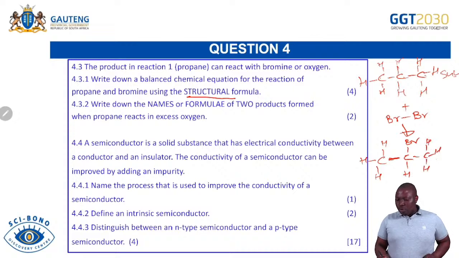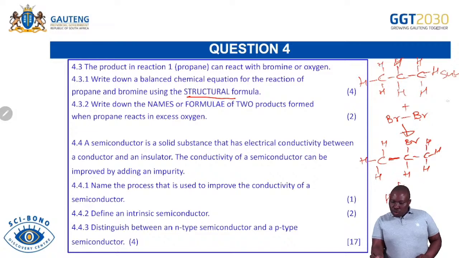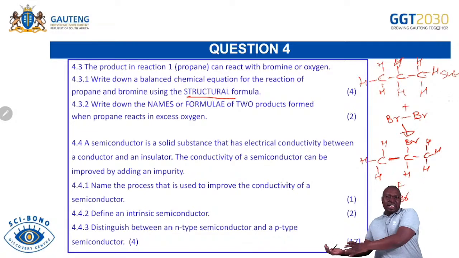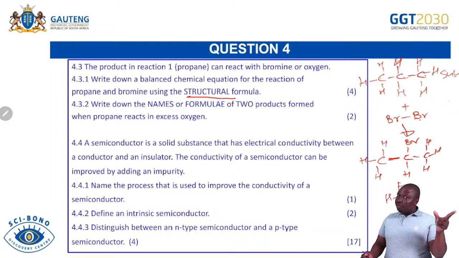Then you collect your marks. Just look at the marks. Don't forget the hydrogen that you substitute here, it must now bond to the Br. So know that during substitution there are 2 reactants. Those 2 reactants are forming other 2 products. One product we refer to as an organic molecule. The other one is an inorganic. Remember, inorganic has no carbon. Organic has carbon. So don't forget that.